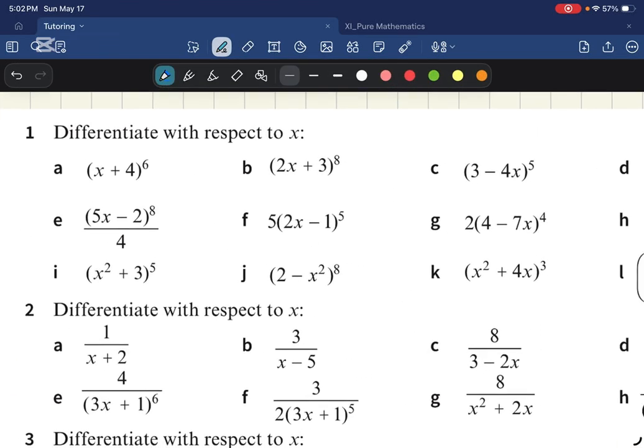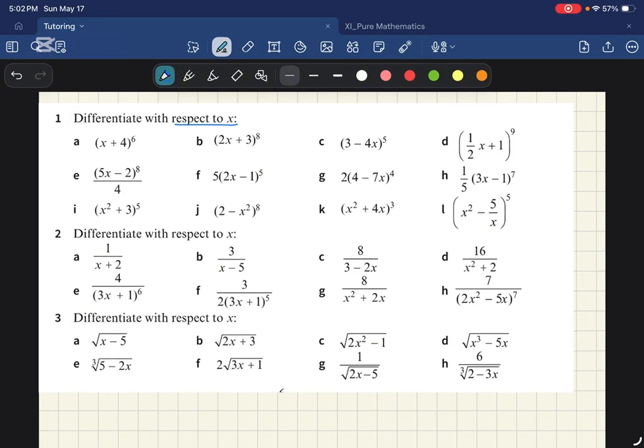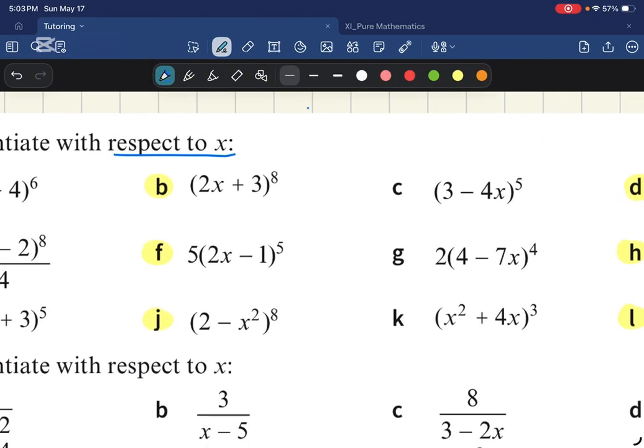Alright, so differentiate with respect to x. I'm going to do all the even-numbered questions, so B, D, F, H, J, L, and I'm going to leave the other questions, A, C, E, G, I, K, for you. All right. So the first question is I want to find the differentiation of (2x plus 3) to